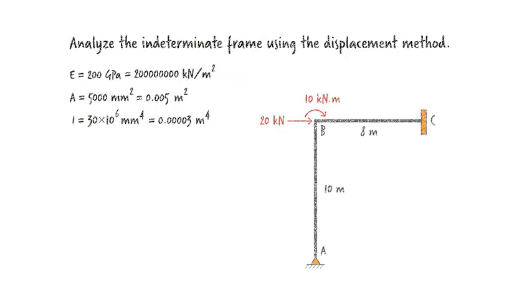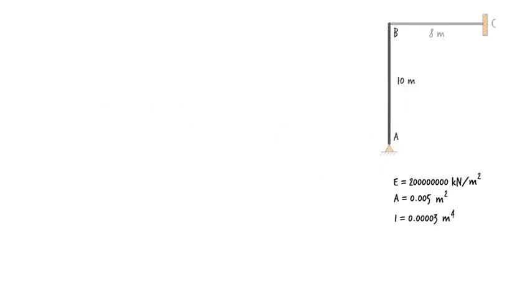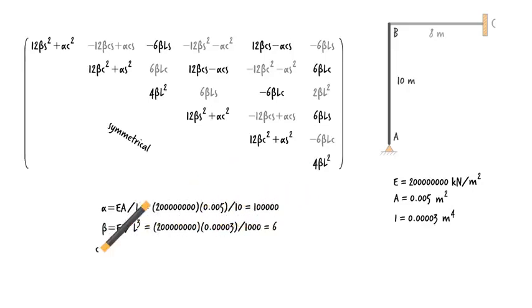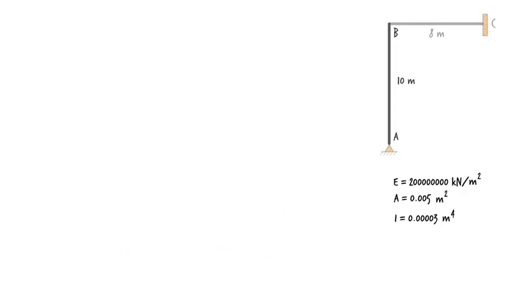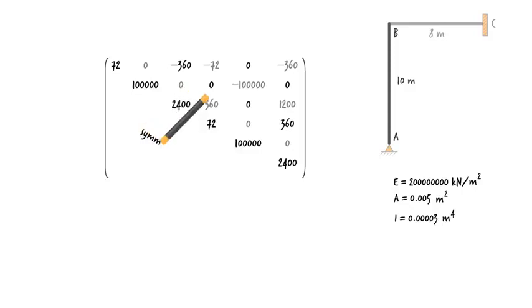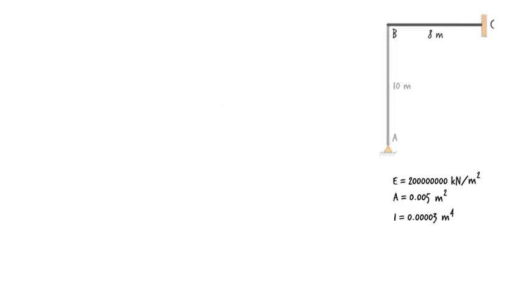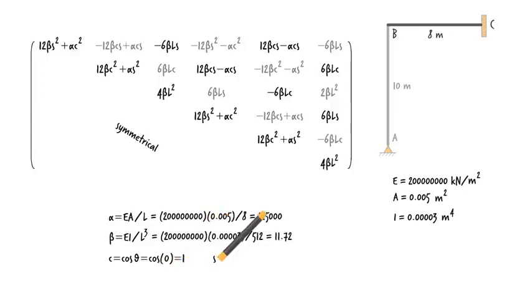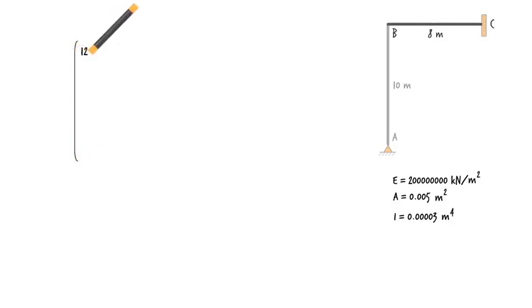We start by writing the stiffness matrix for each member. For AB, we have here alpha equals 100,000. Beta is 6. C is 0 and S is 1. Substituting these values in the matrix, we get. For BC, alpha is 125,000, beta is 11.72, C equals 1, and S is 0. Substituting these values in the matrix, we get